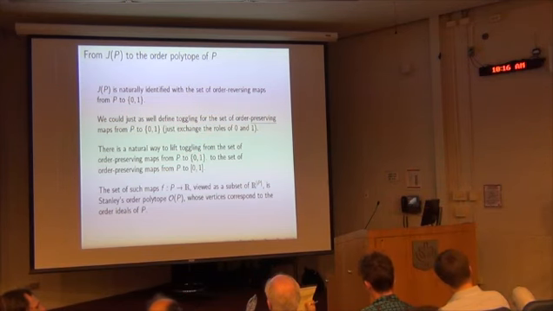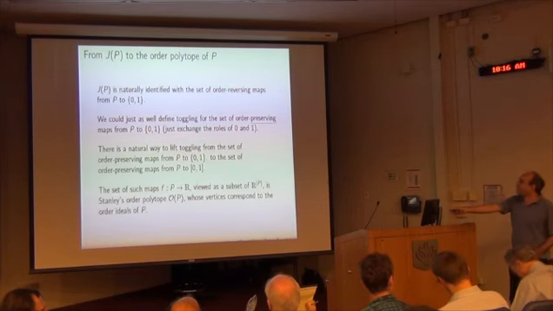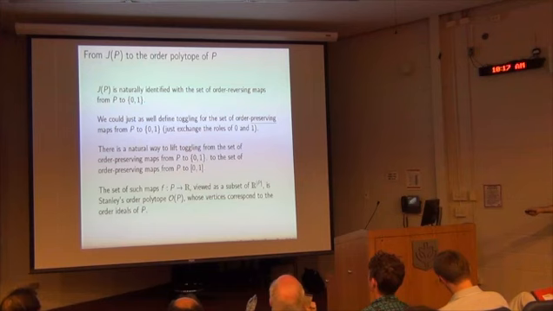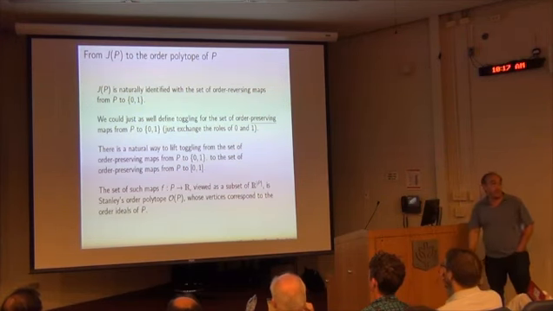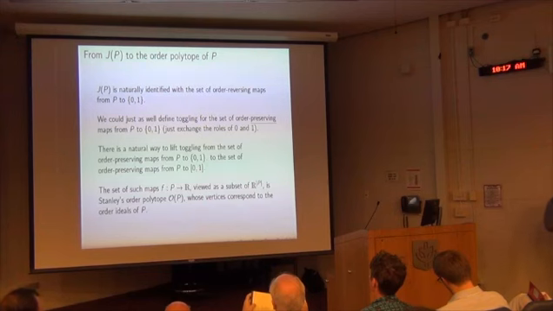Can you take note of typos on the slides so that later? Gotcha. Order preserving maps to the interval from 0 to 1. And the set of such maps, viewed as a subset of reals to the power of the cardinality of the poset P under some indexing of the elements of the poset, is Stanley's order polytope, whose vertices correspond to the